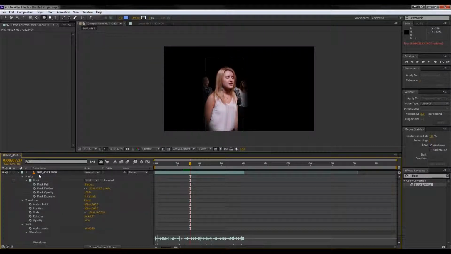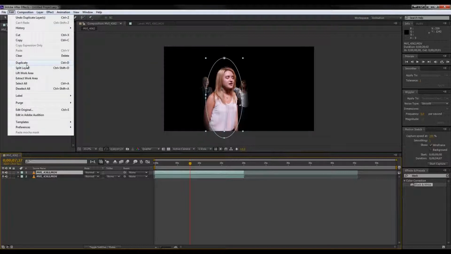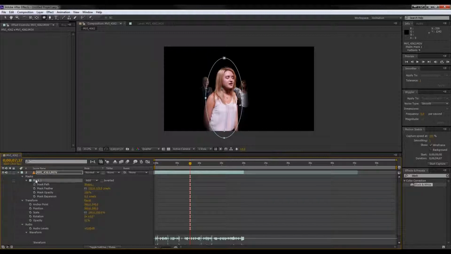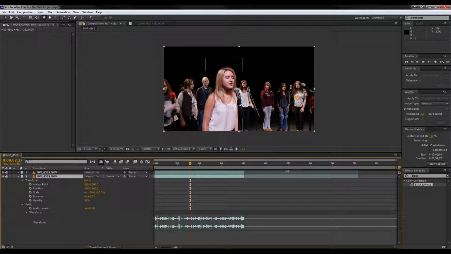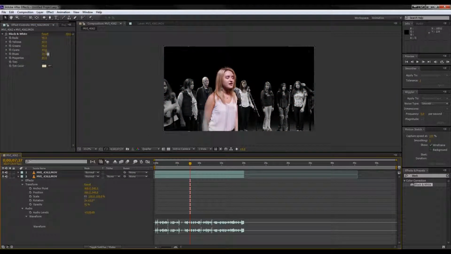Where is this useful? Well, for instance, if I duplicated this, so I had 2 copies of the layer, and again, to duplicate anything in After Effects, you select a layer, edit, duplicate. Take the bottom layer down here and remove this mask that I created. Then on this bottom one, add black and white. And now using the ellipse mask,